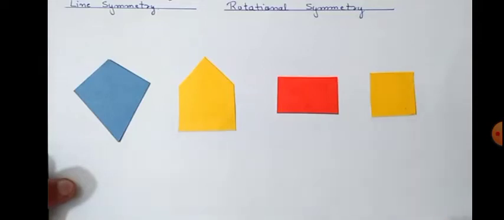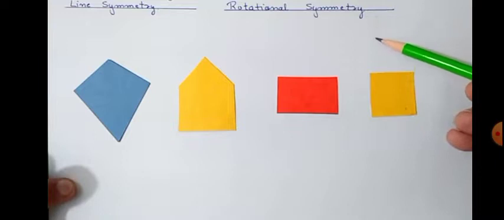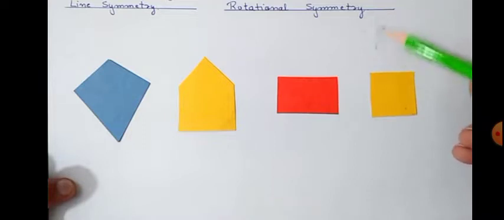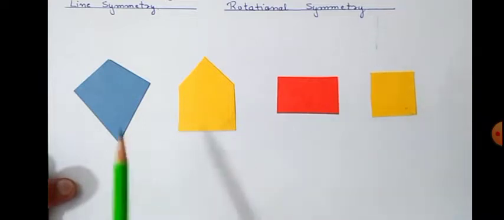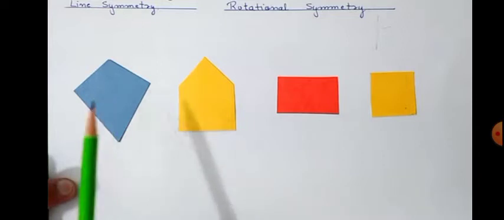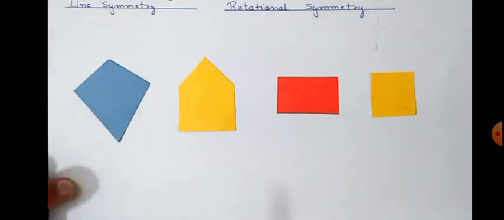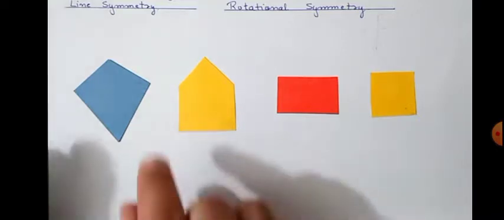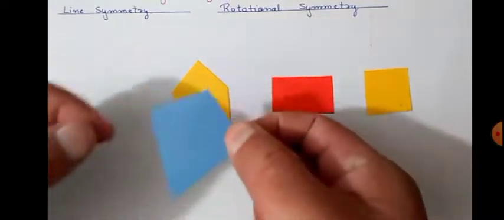When you see the Taj Mahal and cover the center line, you will get a left side and a right side. Both have the same figure. Now see, here is a kite. From which place should we cut the kite so that both parts have the same shape?